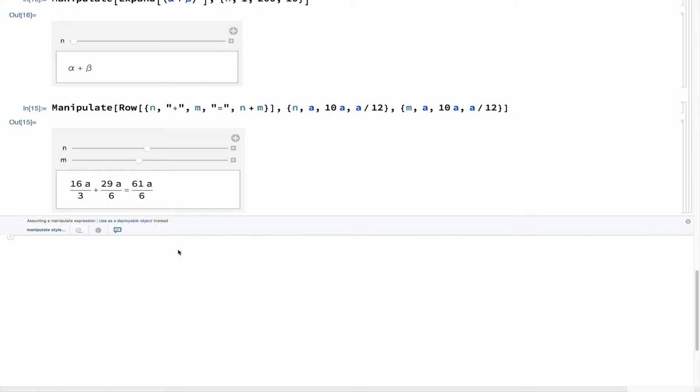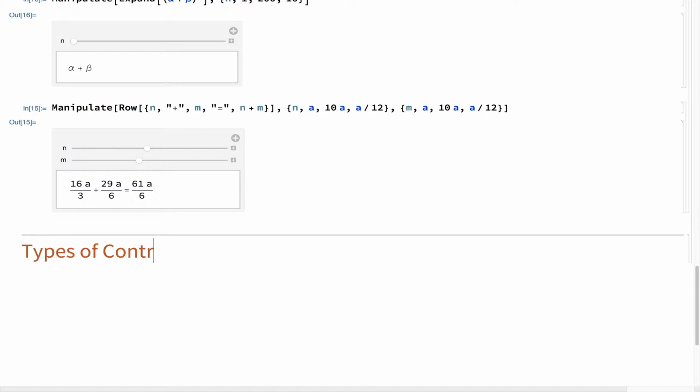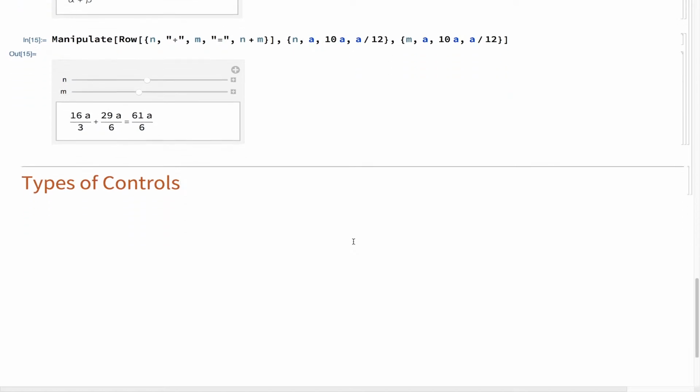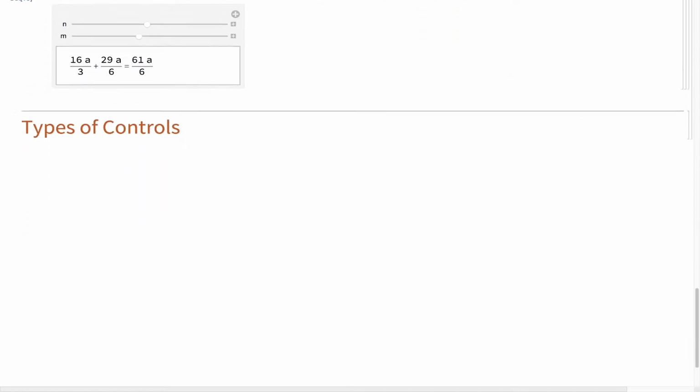So let's move forward and look at some types of controls. Which types of controls are available in the Manipulate function, and how you can utilize that. So Manipulate supports a wide range of alternative ways of specifying variables, which generate different kinds of controls for that variable. So for example, if I have an example like this,